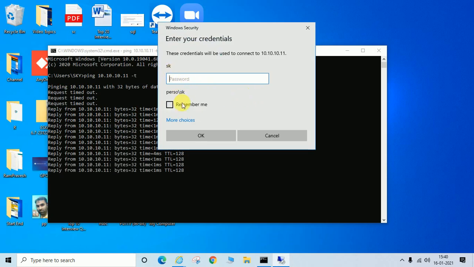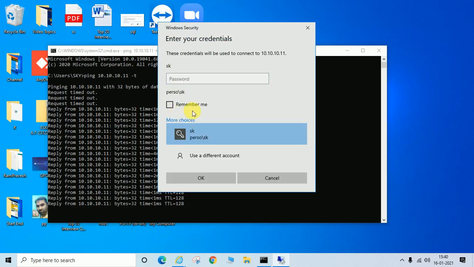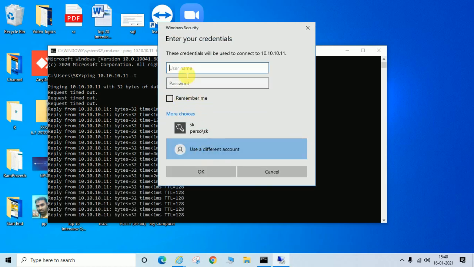So you can see here, now you need to enter local account, not domain account, because machine is removed from domain.